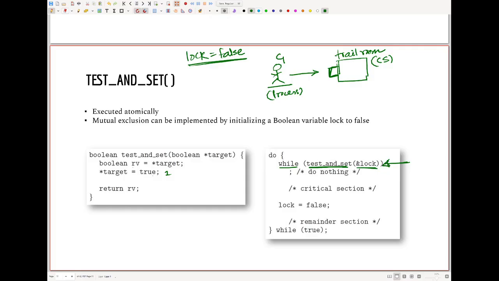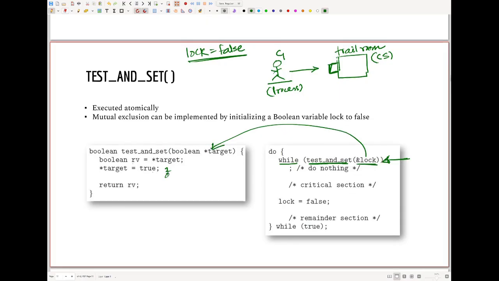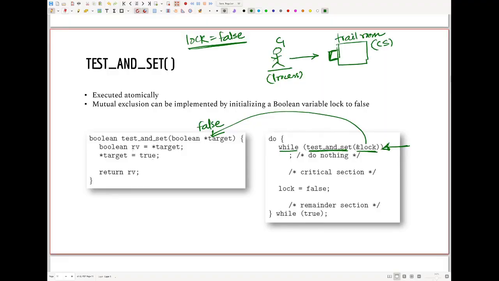What is done here? The value of lock will be sent here. Initially the value is false. The value is false, so the value of RV will be false. Then we will set the value true, target = true. You need to understand that *target